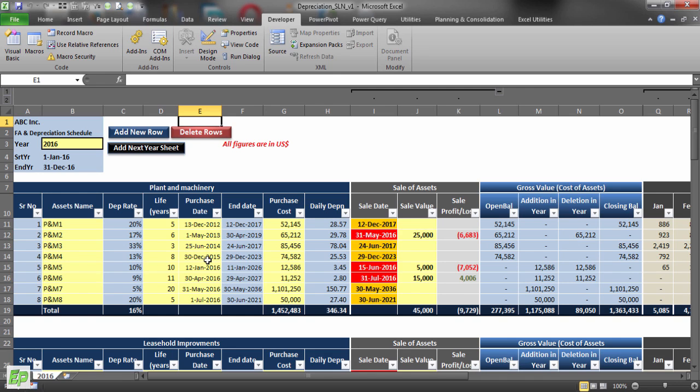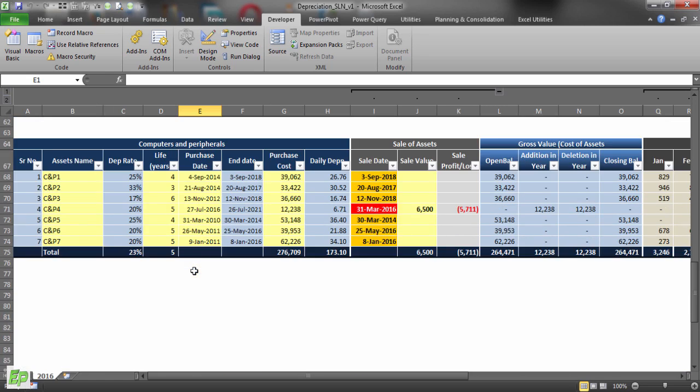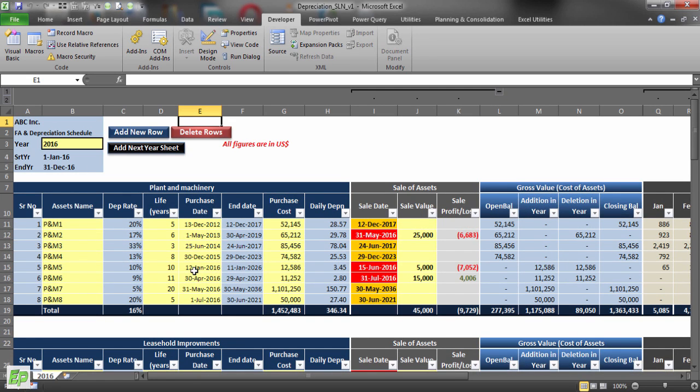Now let's try to add next year's sheet. Suppose this is the first time you have used this model. For year 2016, you input all your records here. Now as an accountant, you know you need to carry forward your balances to next year, and you want to carry forward all these workings and depreciation calculations to next year. But you don't want to carry forward these sale values. So this model is smartly designed. I'll show you what exactly will happen to these sale values and this sale of assets and how the balance